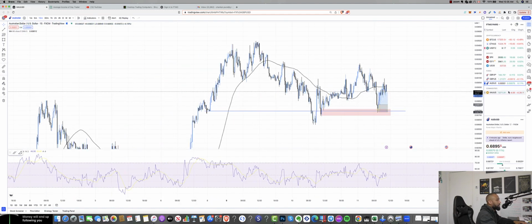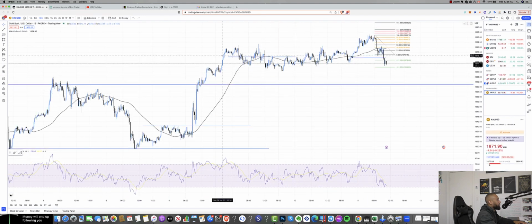Another trade that I was actually looking to take, but it kind of left me, was this trade here on gold. Oh, also,